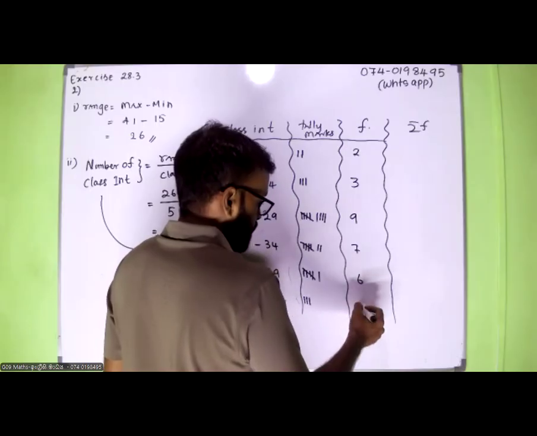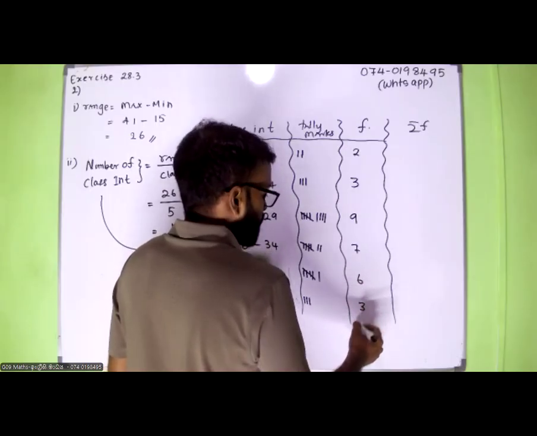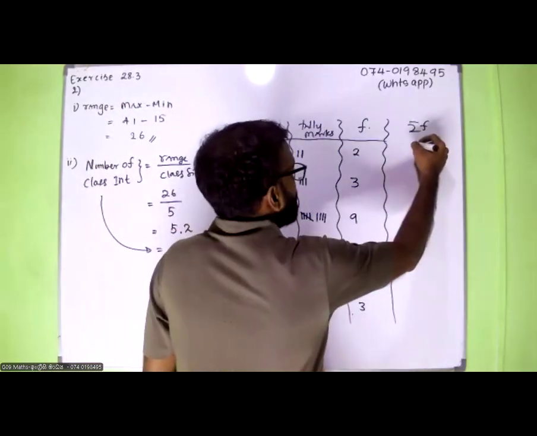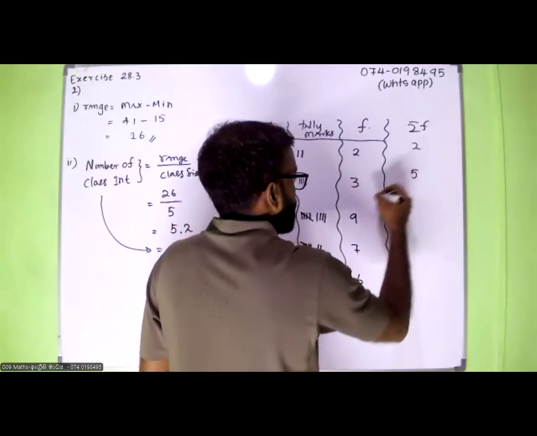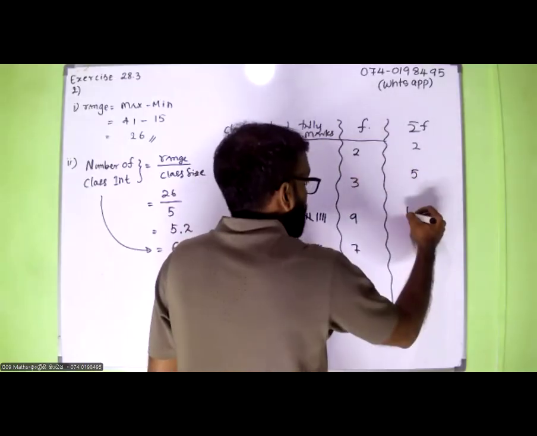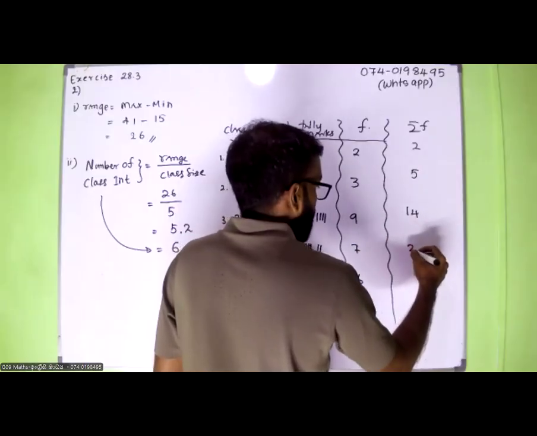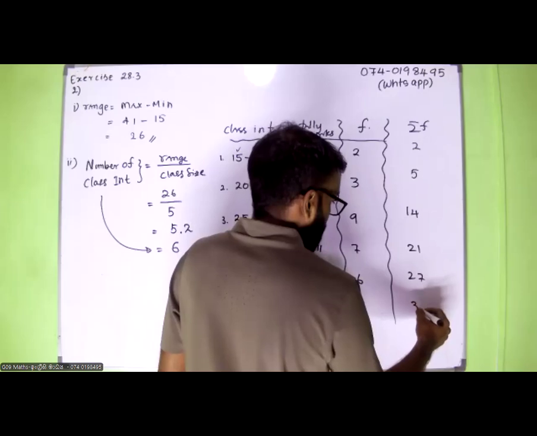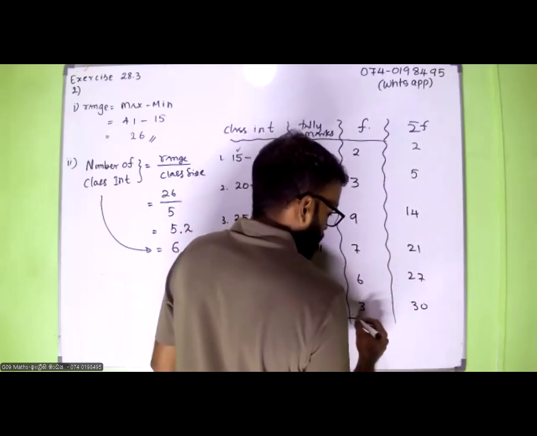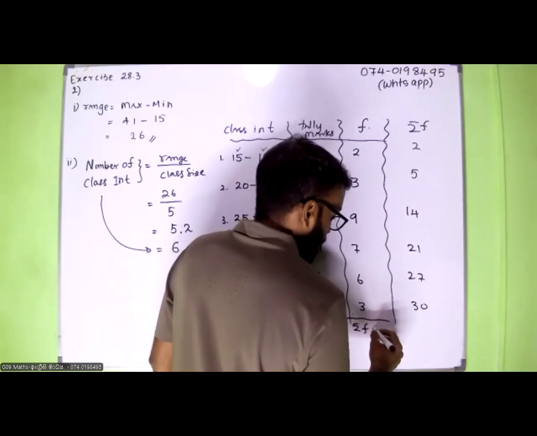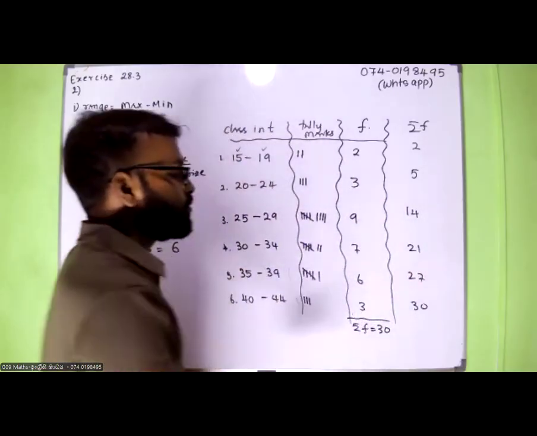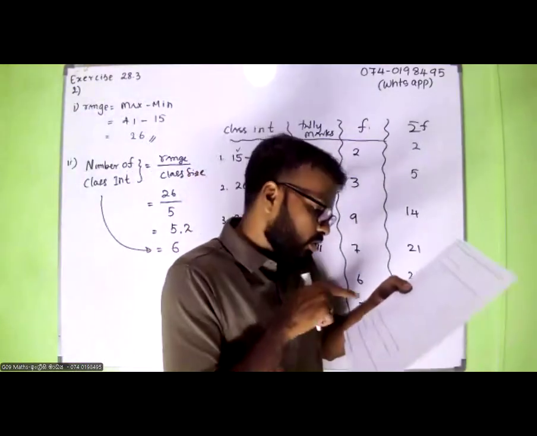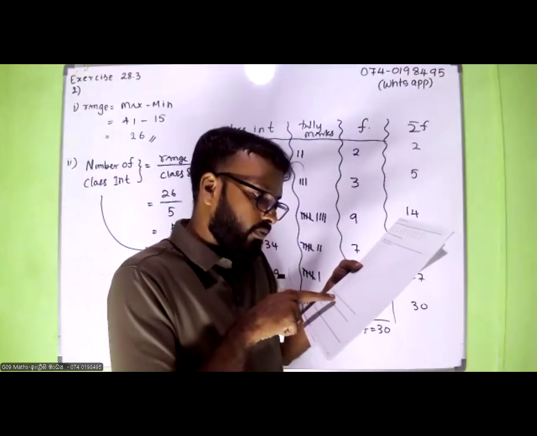Then 3. So how many data should be there? 13. Let's see. 2, 5, 5 plus 14, 21, 27, 30. I have missed a few. Right. So your sigma f should be 30. Correct? Then they are asking, using the table, third question, find the number of days in